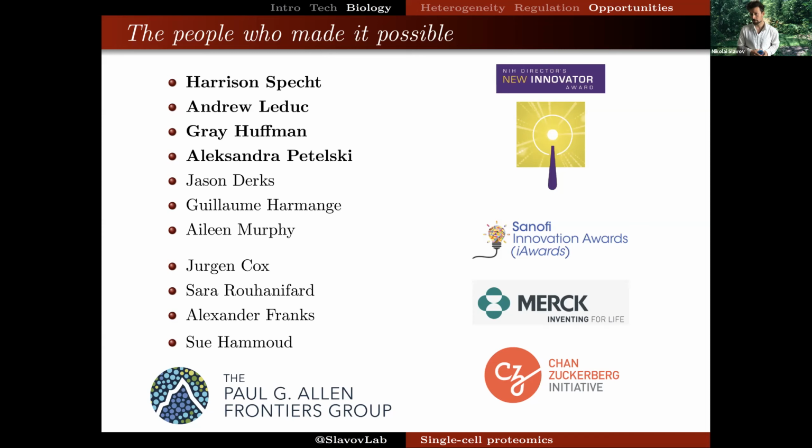I think it's just a matter of time until those are incorporated into widely used commercial instruments. At the moment, these are prototypes used in labs specializing in technology development. So the simple answer is, if your protein of interest is present at a level of a few thousand copies per cell, we have a good chance of quantifying it. The higher the abundance, the higher the probability of quantifying it. Of course, it becomes easy.